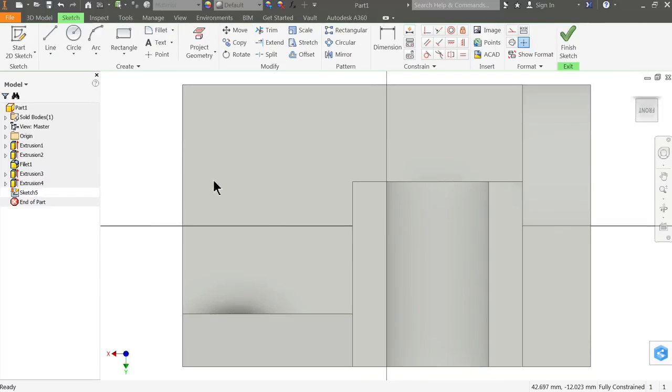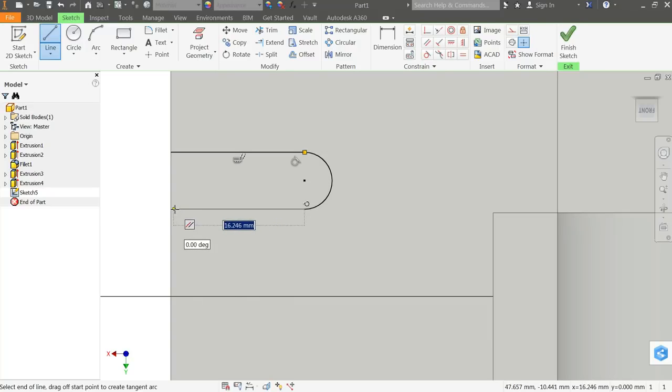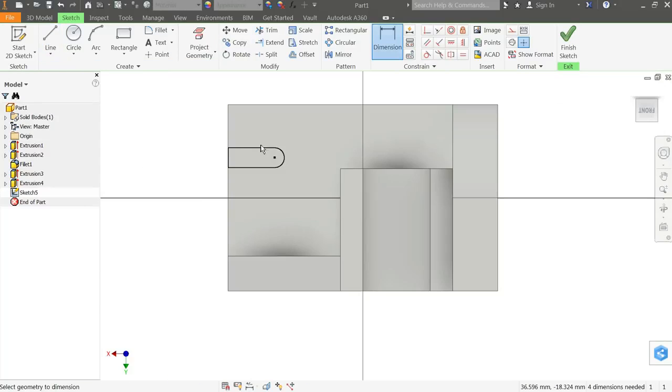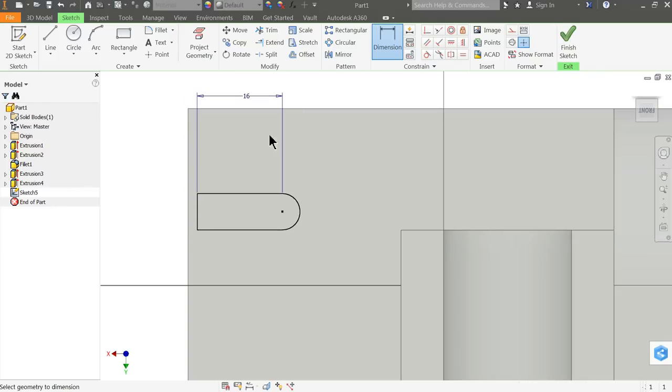Now select this face, create a sketch. Now here we need to make one cutout. So how we will do this one? Press line, start from here up to this point and go back to this point and press left mouse key and drag. See, it will automatically convert into circle. Up, then leave. Okay, again it will convert into line. So this is a very shortcut technique. Right click, okay. Let me define dimensions. This one let's keep 20 millimeter, not 16.